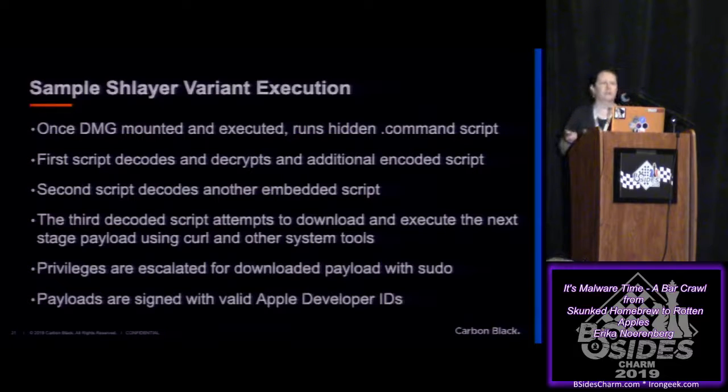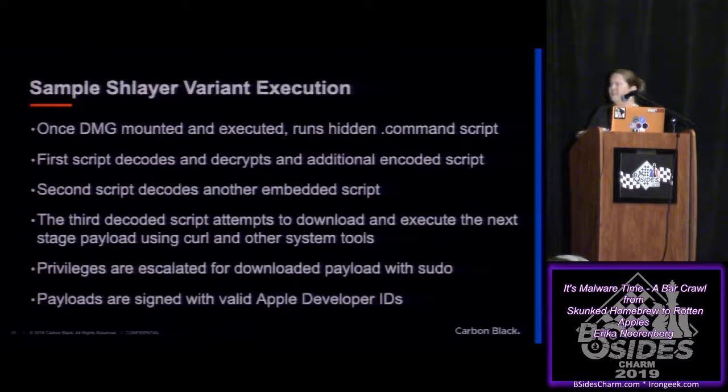So let's look at one of the executions, how this actually works. I'm going to take one sample that is an example of a DMG version. After the first stage, they all pretty much work the same. This one in particular creates a hidden directory with a .command script, which is similar to the initial article from Phil Stokes. After this stage, some of them are an actual app where it goes through an installer, but this one in particular was basically just a bash script. After that, it's pretty much the same